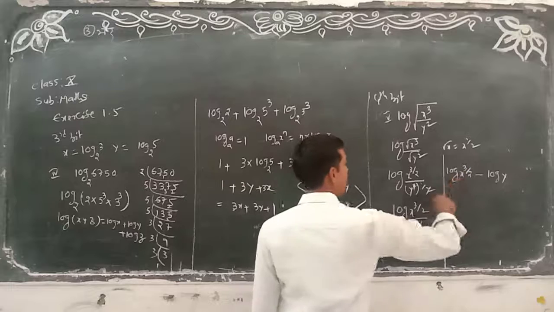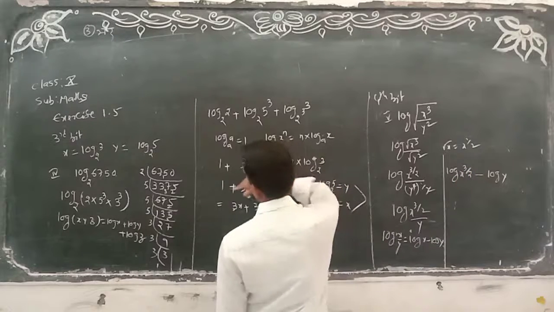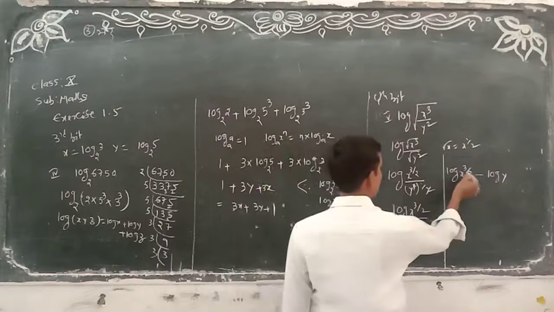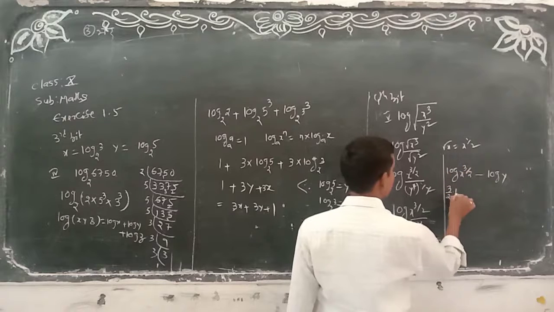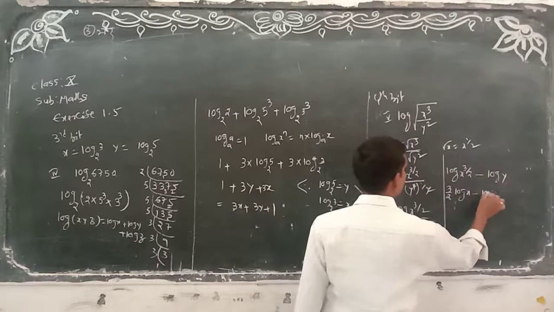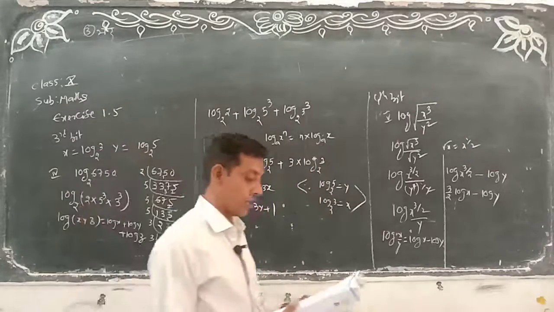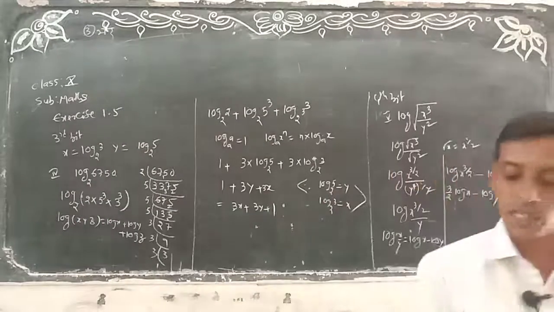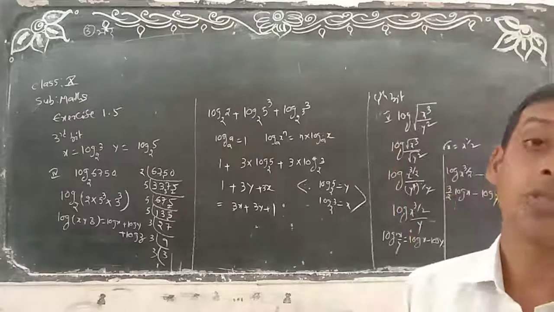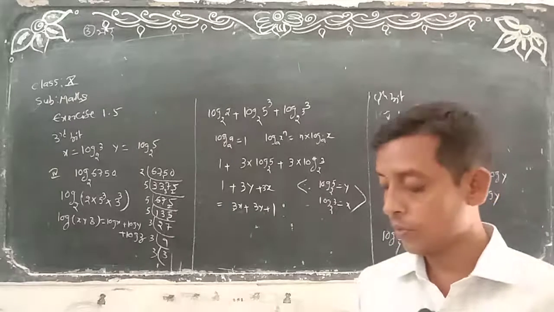Okay, now apply the same here. Which formula do we apply? We have to apply the third formula here. Look, so 3 by 2 will come here: 3 by 2 log x minus log y. Okay, this is the problem of the fourth bit. And the first one, how to do the first one? Log 1000 is there. Log 1000 we can write as log 10 cube. Okay?